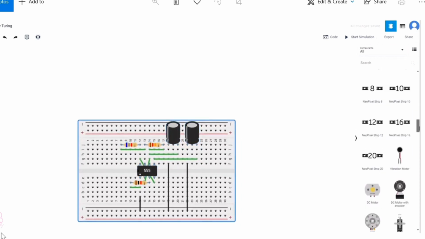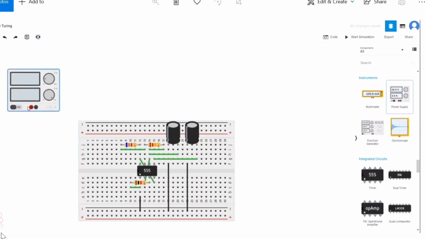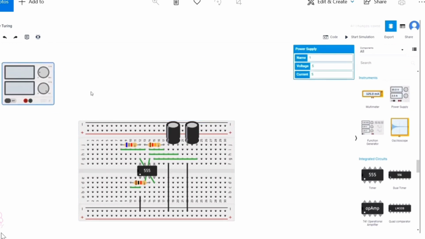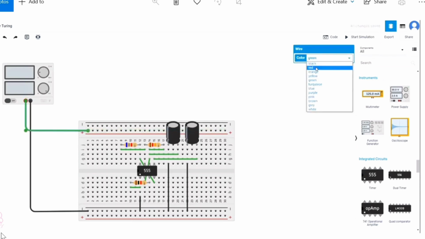Similarly, take an option. Now we can give one supply, 5 volt. 5 volt supply is given, negative to negative rail, vertical rail. Fine. Positive black color, negative black color. Taken positive, and positive is given to the horizontal rail in the upper side. So the whole line takes the positive supply.